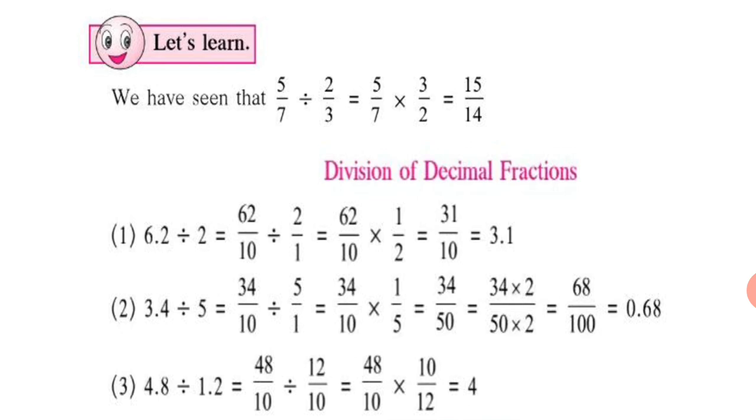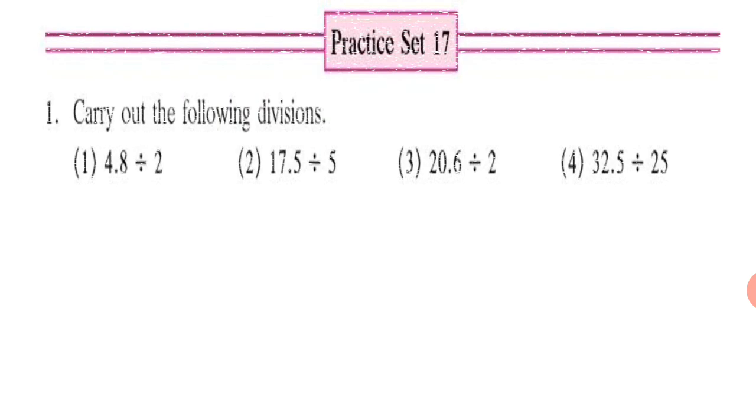10 ones are 10 and you divide 48 and 12 by 3. In 3's table we get both the numbers. Okay, or directly you can do 12 fours are 48. If you divide by 3, then again you'll have to divide further. So directly 12 fours are 48, answer 4. This working you can show in your steps if you want, or you can do rough work also. Okay, so let's now start practice set 17.